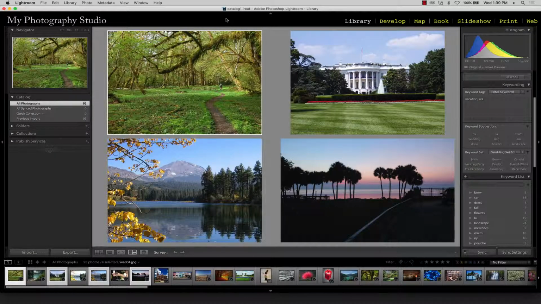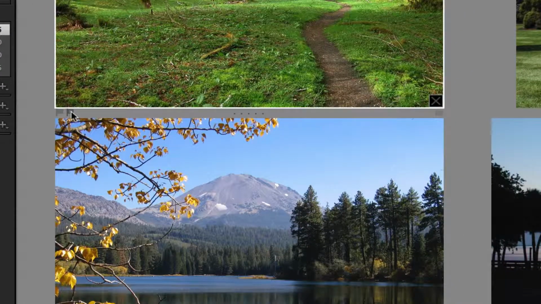By using Survey View, we can flag or reject an image. Hover your mouse over the image you'd like to apply a flag to, and you'll see that at the bottom left corner, the flag icons appear. Now I'm not actually going to do this because we'll be working with flagging later on, but the option is